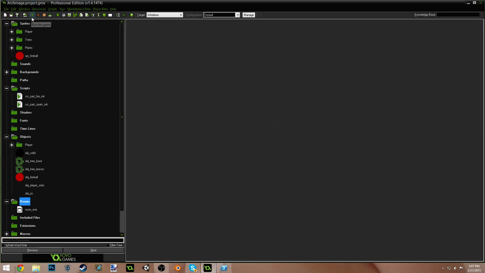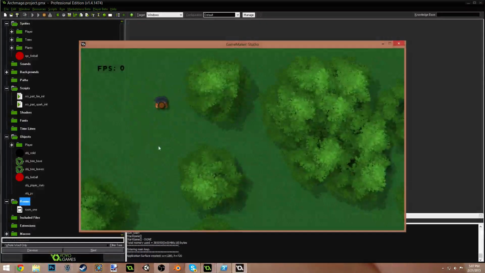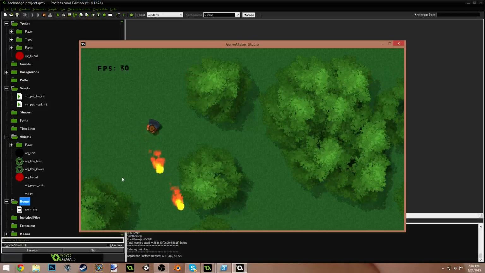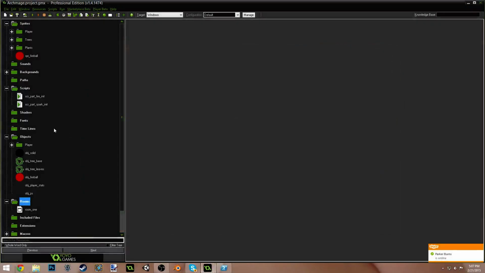Oops, I meant to save, not open a new one. That could have been bad. Okay, that's looking better. That's more like what I would expect it to look like. So that looks pretty cool so far, actually. Pretty cool particles, fire particles. But we need to add a little bit of flair to it, and that's what the spark is going to